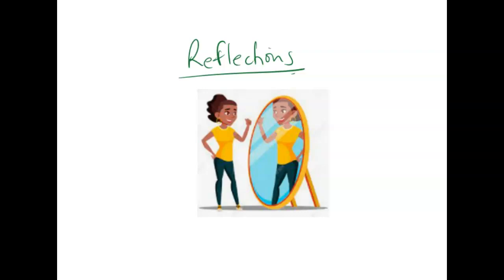Reflections in real life mean the same as reflections in math. It's the same concept. There's an object here, there's a mirror line which is here, and there is lastly the image, right? Now the distance between the object and the mirror would be the same as the distance between the mirror and the image. Now even though in this particular diagram it doesn't look the same, mirrors tend to have that sort of feature where they appear as if they have depth when they are really just a flat surface,